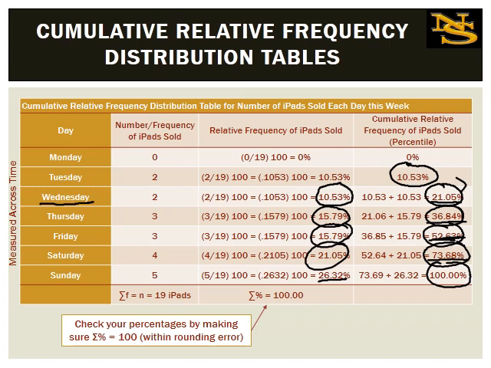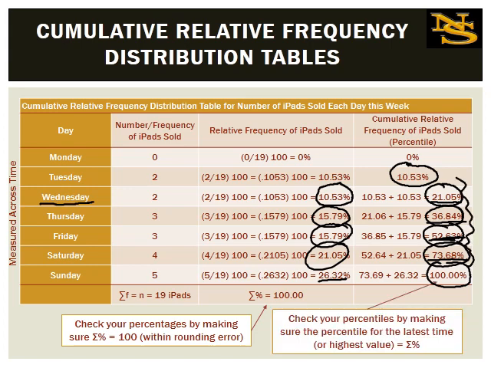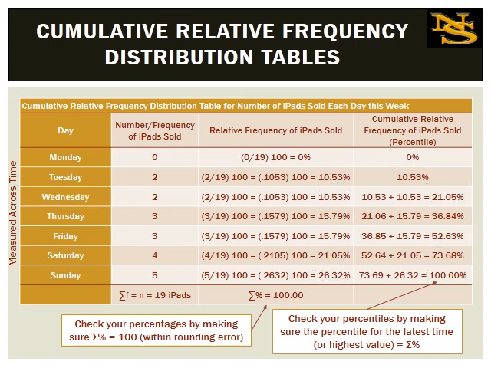So you're just kind of gradually adding it up as you go along to end up with 100%. So whatever you got here should be the same thing that you end up with here. If not, then something has gone horribly wrong with your table construction. So if we look at this, it makes sense that this would be